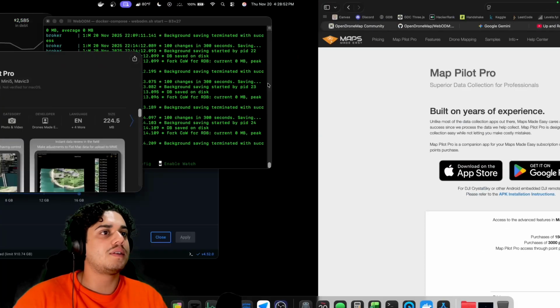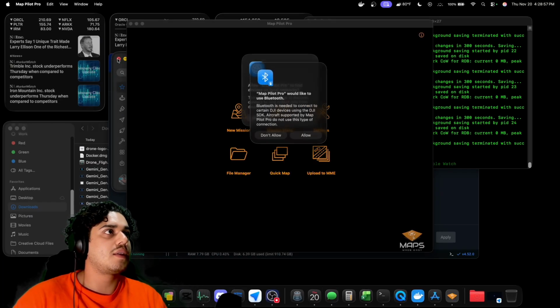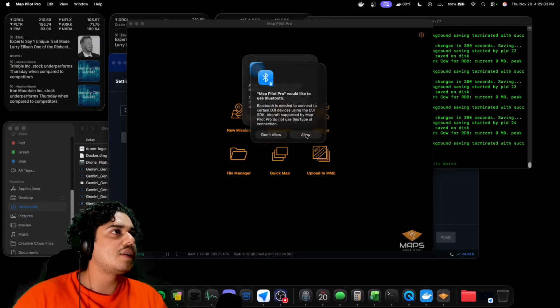Right. So basically, use this to create the actual mission for a certain DJI device using the DJI SDK. Aircraft supported by map do not use this. Oh, that's a pretty cool